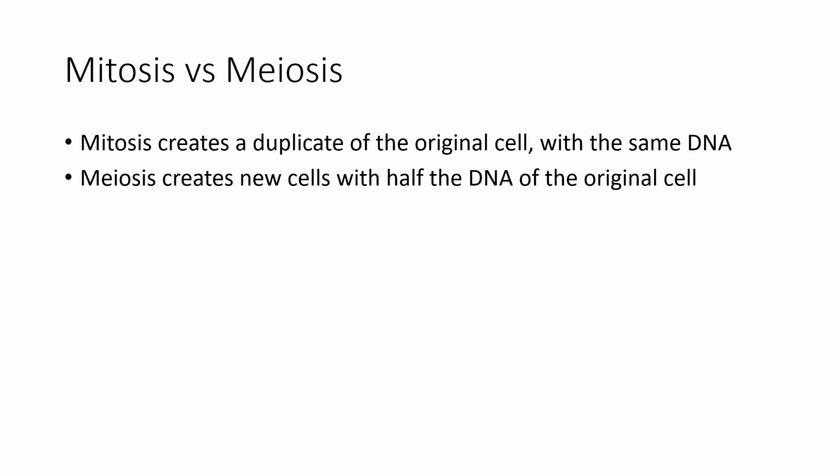Okay. You remember that mitosis is where a cell duplicates itself. So we start with one cell, we end up with two cells that are exactly the same as each other, including having all the same DNA. Meiosis is going to start with one cell, but it's going to create four cells, and each of those cells have half of the DNA of the original cell. Okay, so we're not making an exact copy. And that's one of the things that makes meiosis really powerful from an evolutionary standpoint. And we're going to talk about some of that at the end.